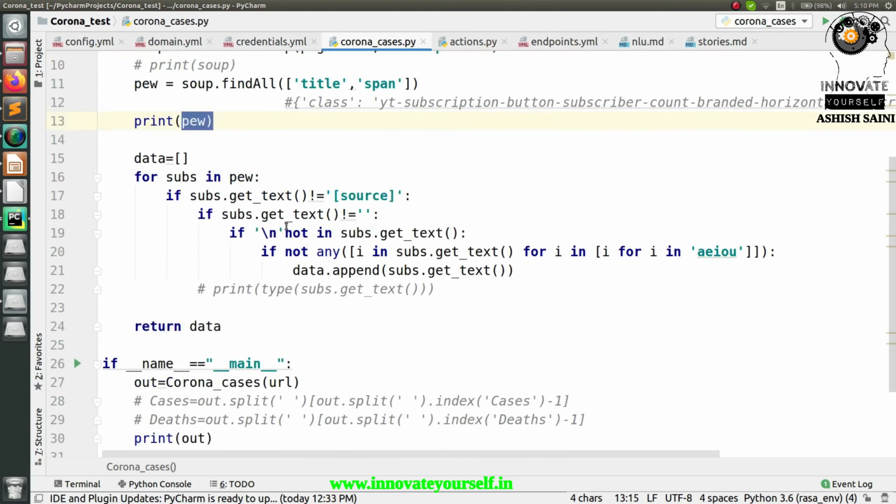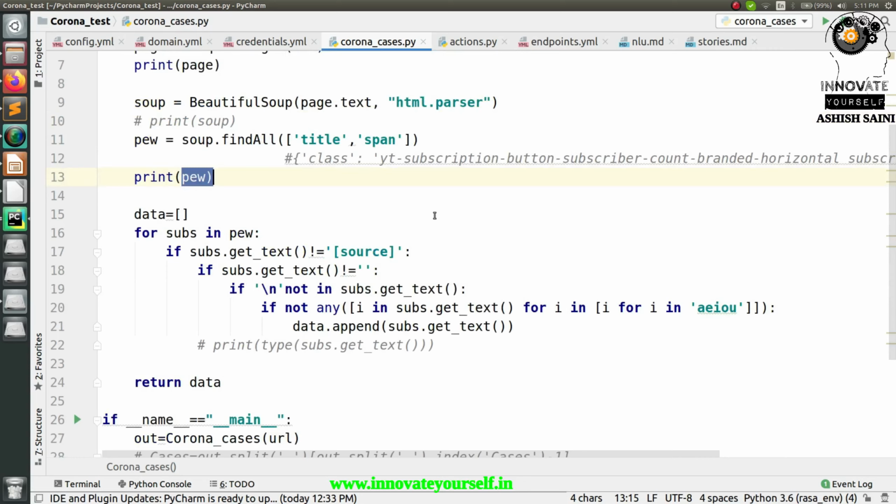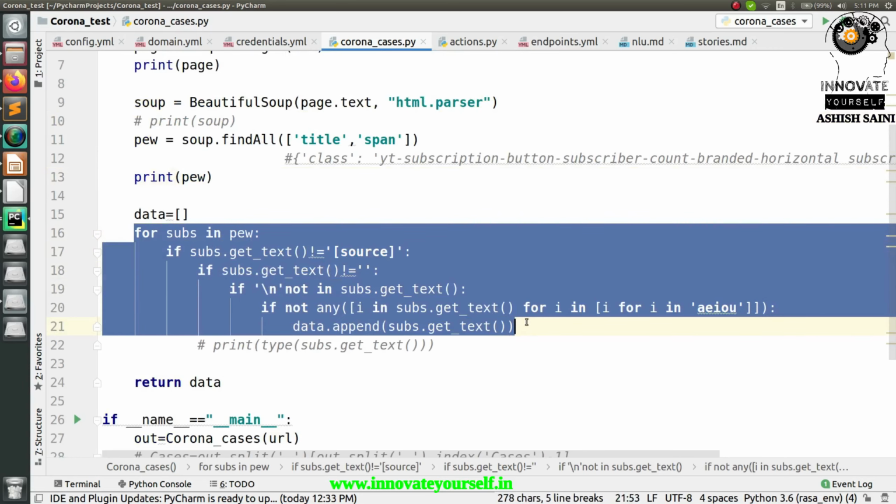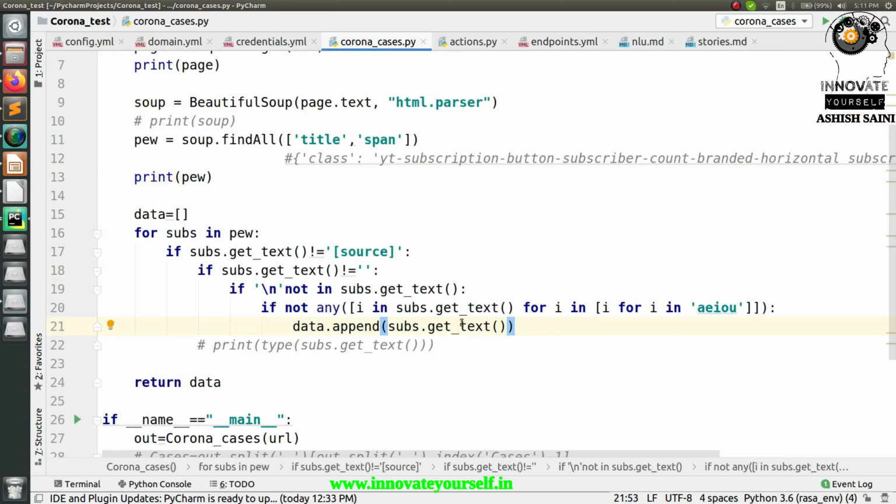After that, I'm simply fetching the data as per the data which I'm getting, right? I'm just extracting only the information that I require. I'm using the for loop and the conditional, all the things, so that I can only get the numbers that I actually require, right? The rest of the things I don't want, so that's why I've removed all of it, right?